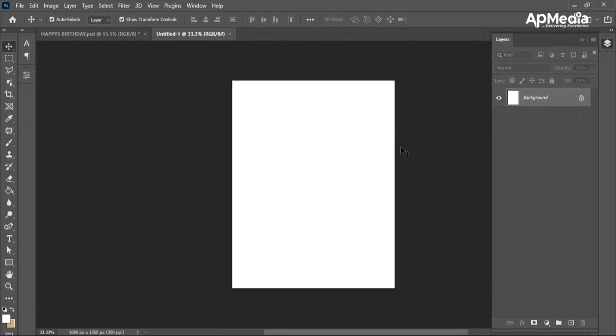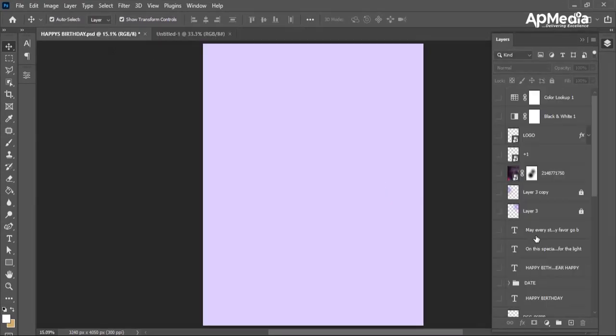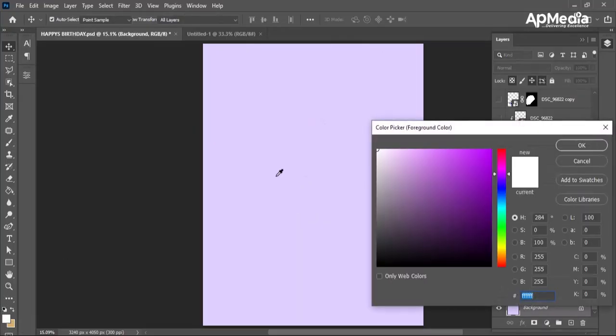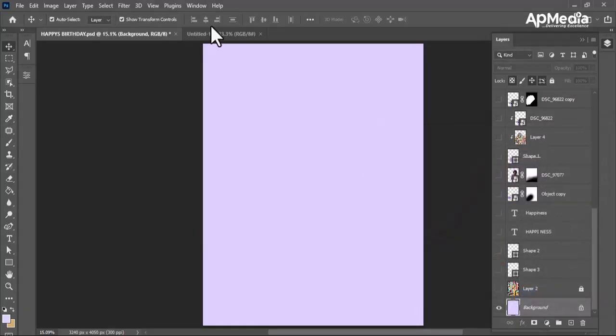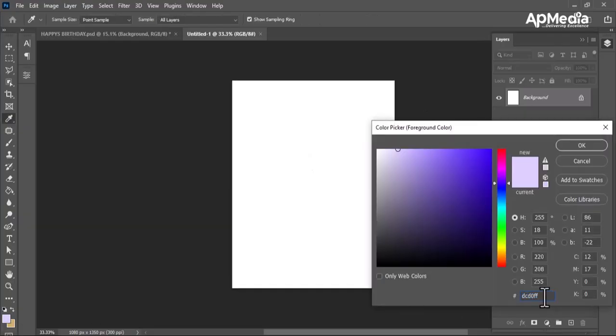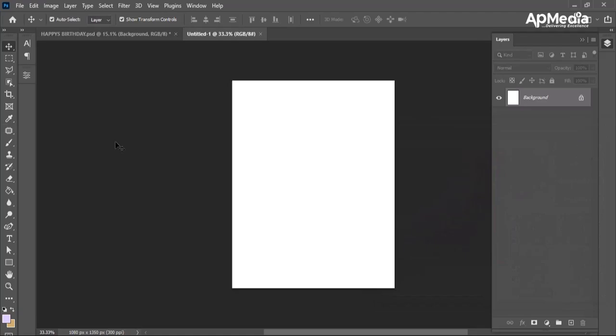But for you to be able to change the background to what I have here and still retain the particular background, first let me copy this code that I used here. Let me use this foreground and copy this code with Ctrl C. So let's come to this new document I just created. What you do is come to your foreground here, select whatever color you want,